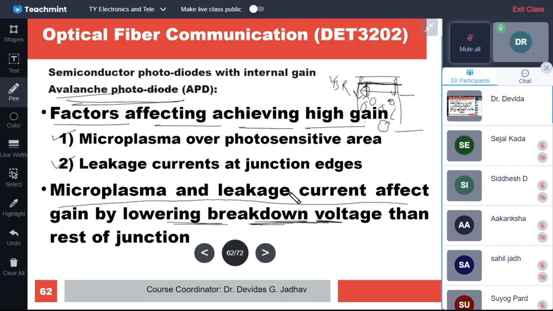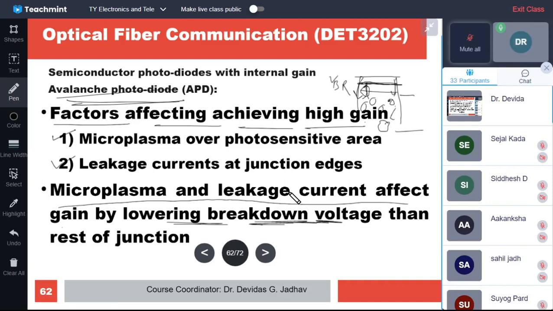If the device is reverse broken down, there will not be a depletion region, there will not be high electric field intensity. Once it is broken down, there will be high electric conduction, and that conduction will not have any control over how many photons are falling, and a very high current will flow. So whatever the photon falling, a constant high current will flow. There will not be detection at all. So this device is short circuited.